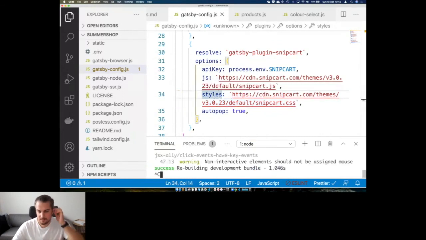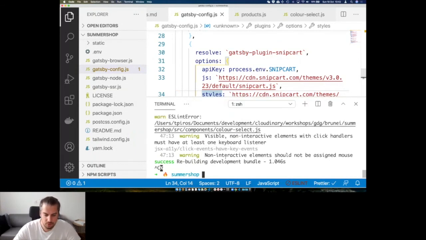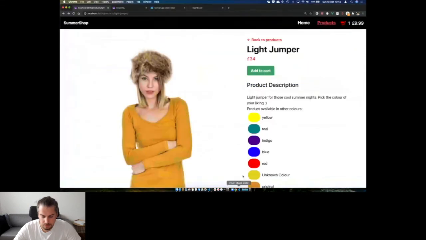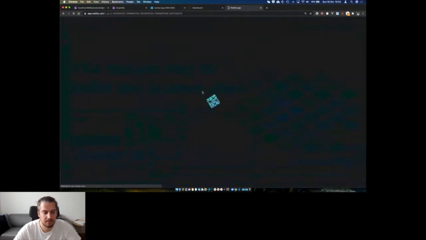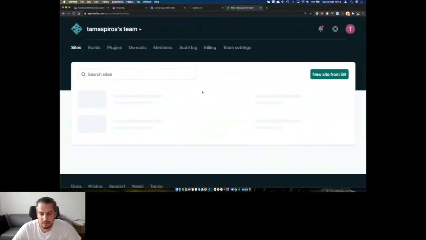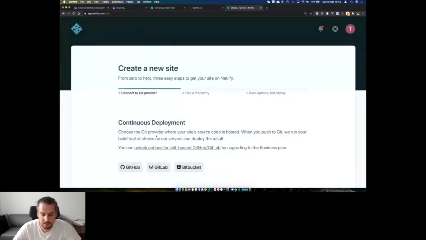So hopefully this makes sense. I think I have a few minutes just to wrap up, but there's one more thing that I really want to show you, and that is how can I deploy this? Okay, and let's go and do just that. So in order to deploy this, I'm going to use a deployment provider called Netlify, where you need to log in. Okay, I'm logged in, and notice I have this new site from Git button here. Okay, I have lots of deployments. You can ignore those. I'm going to say new site from Git,